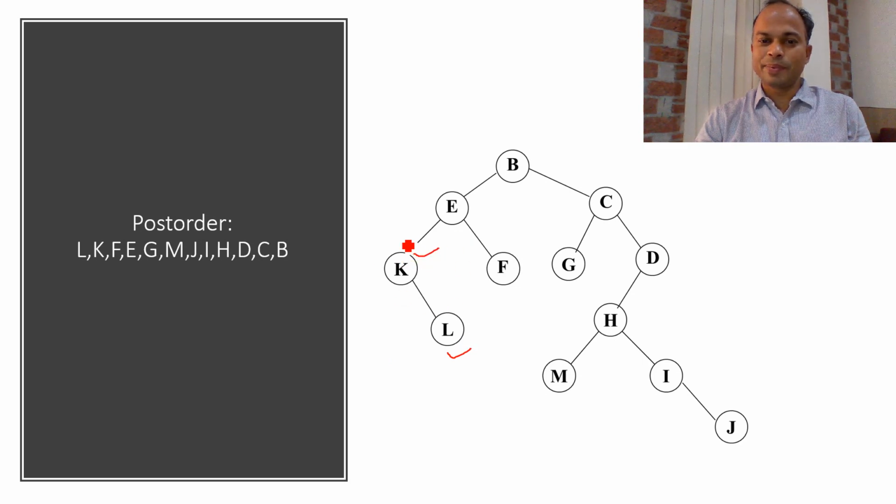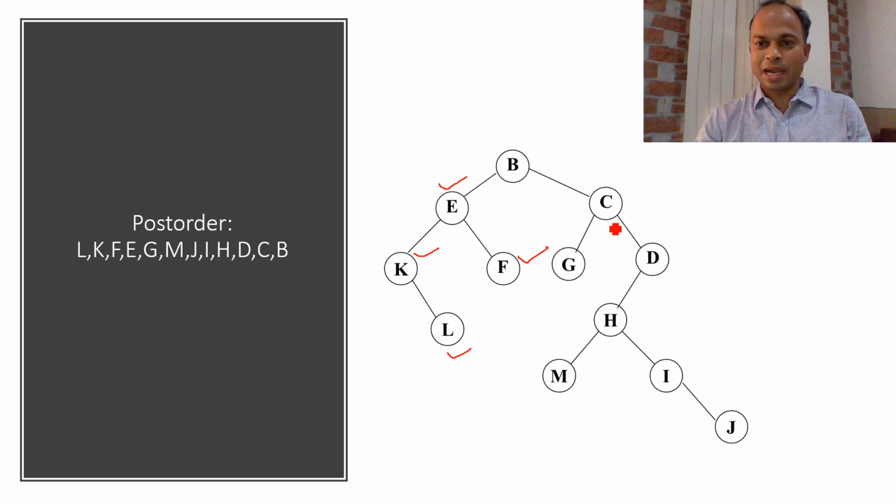I mean the left part we have visited. Now we have to visit the right part, and we are visiting here F. Left part has been finished. Right part has been finished. Now we have to visit the root. Left part is finished. Now we have to visit the right subtree, and further see the root.